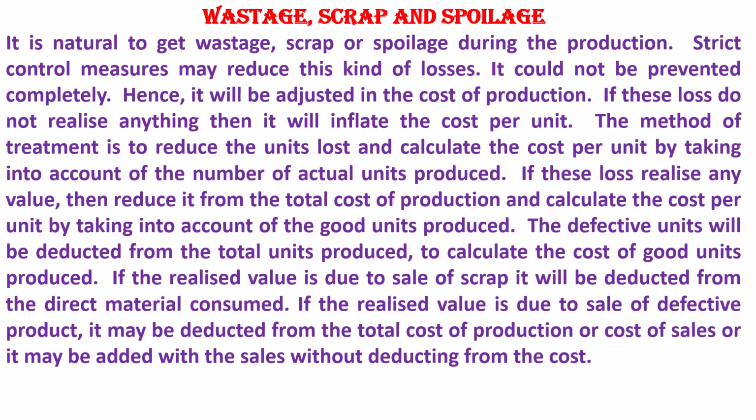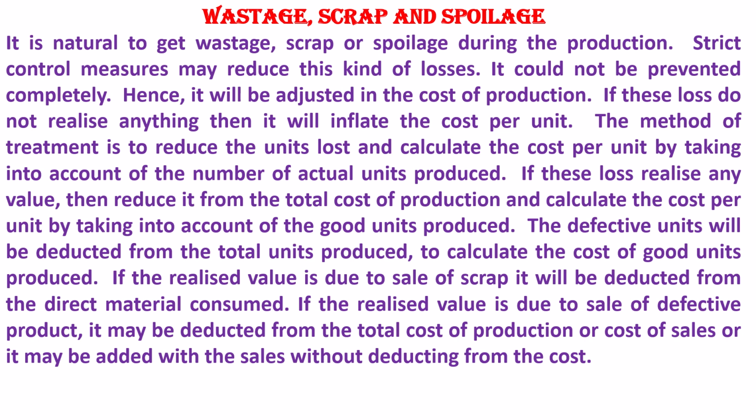Wastage, scrap and spoilage. It is natural to get wastage, scrap or spoilage during production. Strict control measures may reduce this kind of loss, but it cannot be prevented completely. Hence, it will be adjusted in the cost of production. If these losses do not realize anything, then they will inflate the cost per unit. The method of treatment is to reduce the units lost and calculate the cost per unit by taking into account